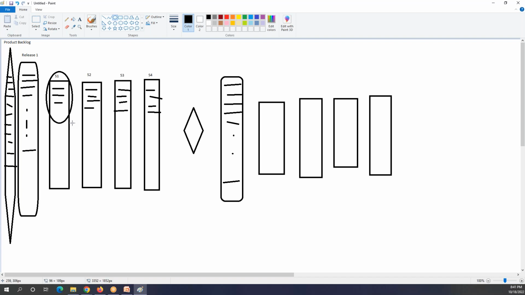Okay, I got it. Let me repeat the question. Right now we are working in release 1, sprint 1. We are in this position, and the developer has already finished working on these 3 tasks. Now as a tester, you have to test it. Tell me how many sanity, smoke, and regression tests we have to perform here.